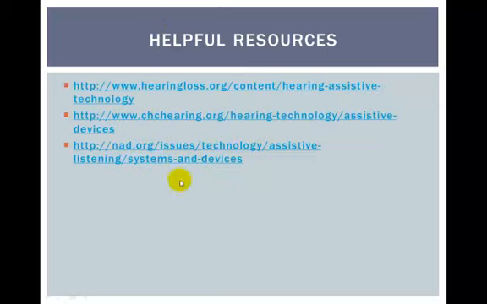This is a list of what you'll find, I think, about helpful resources in addition to your text. So this was kind of an overview of what ALDs are and some of the most popular types. One thing that I want you to be thinking about is, as you gather information for your final project, perhaps